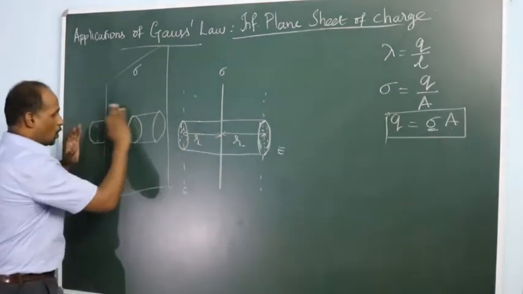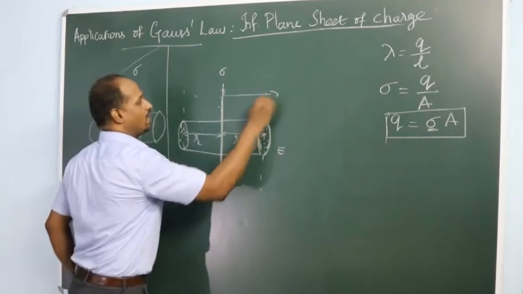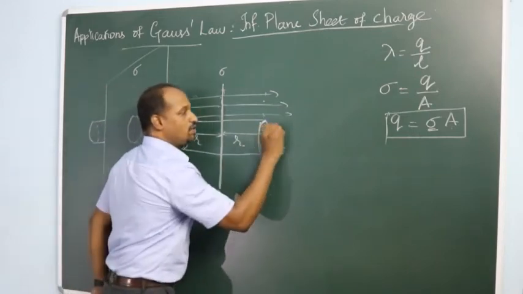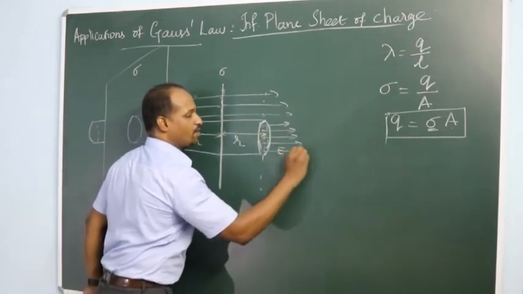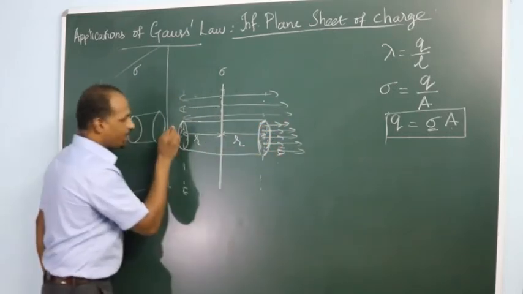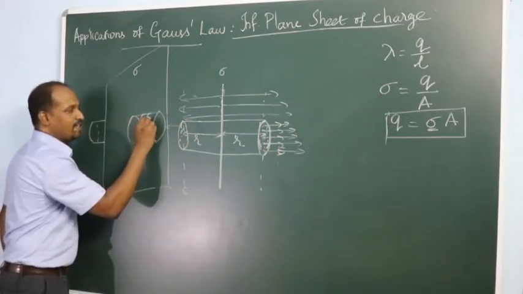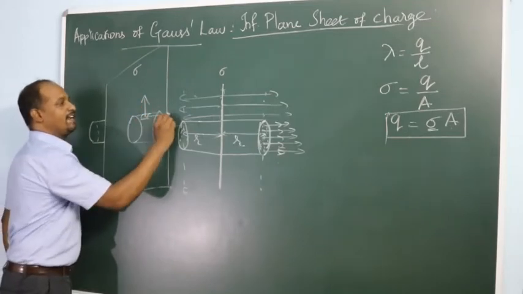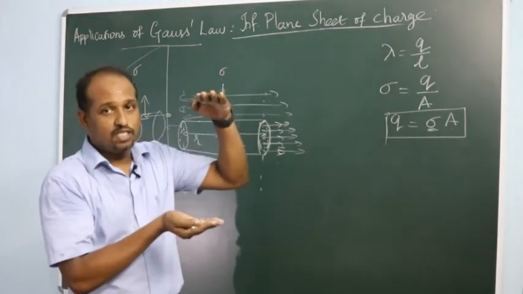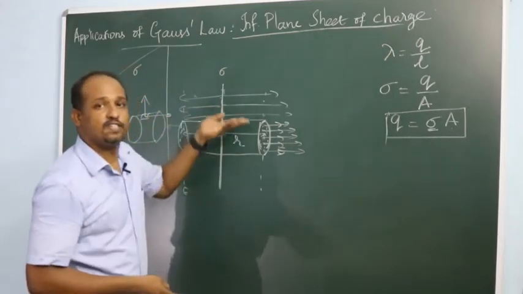Now this closed surface, this is a sheet of charge. Let's say it is positively charged, then all the lines of force will be going out like this. Through this area, lines of force will be emerging out like this, and the area vector will also be in the same direction, and here also in this cap. But what about the curved surface? Here, if you consider a surface, the surface will be parallel to the lines of force, and the lines of force will be perpendicular to the area vector. In the previous problem, the contribution from the caps was 0 and the contribution from the curved surface was positive. Here the contribution from the curved surface is 0.